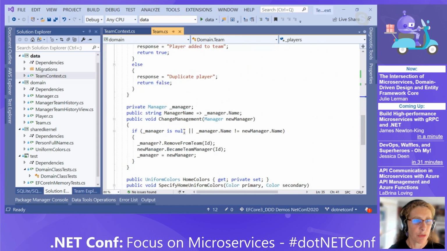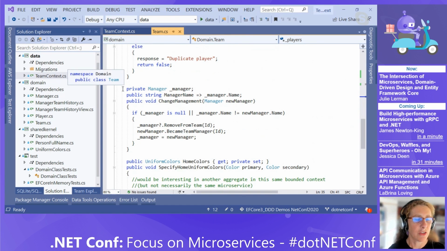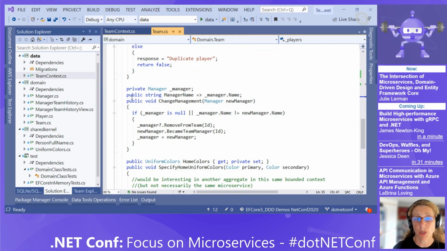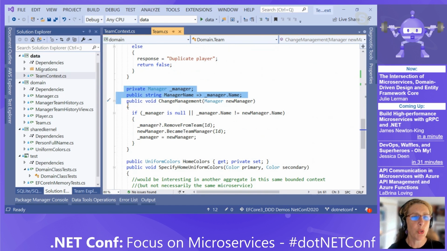Another interesting thing I'm doing in here is the manager. So the manager is a one-to-one relationship, actually a 0 or 1, right? Because a manager could get fired and not be associated with a team. And again, I'm doing all of this protection here. There's actually no manager property, right? All I have here is the field. I don't have the actual property.